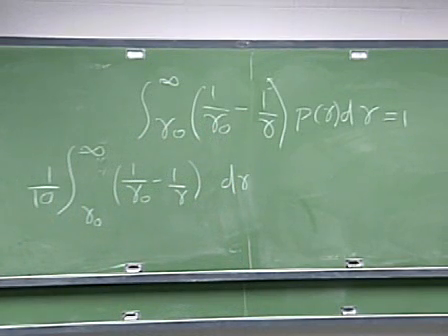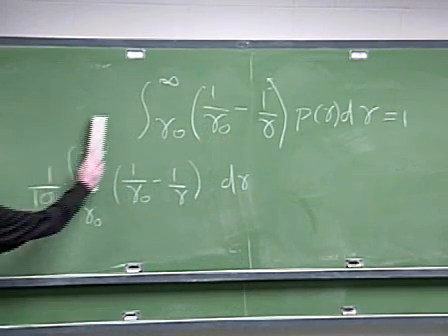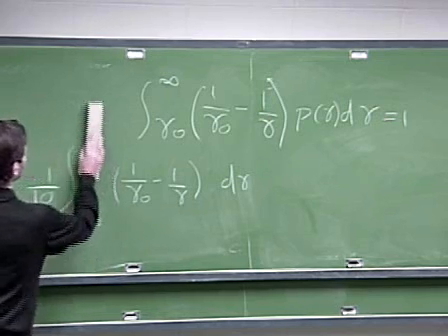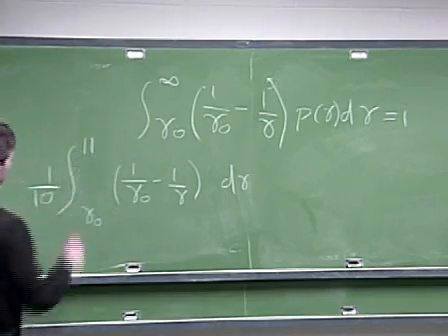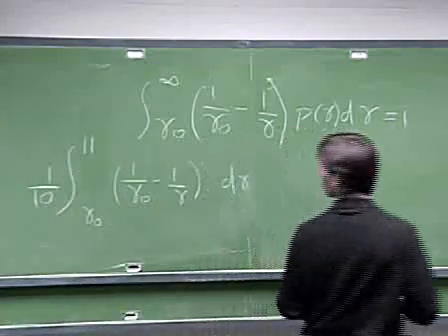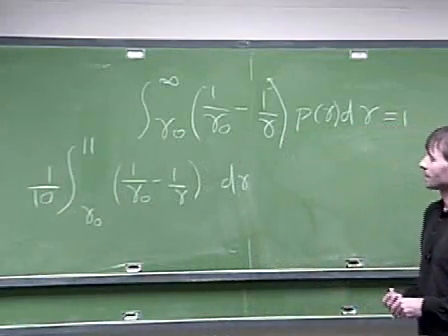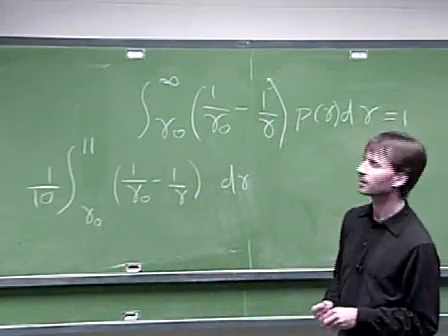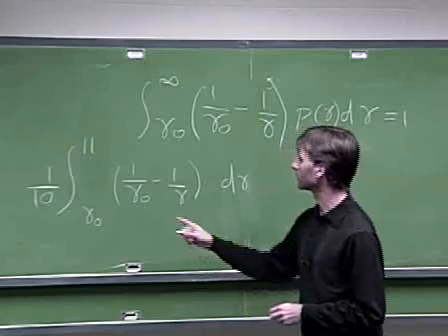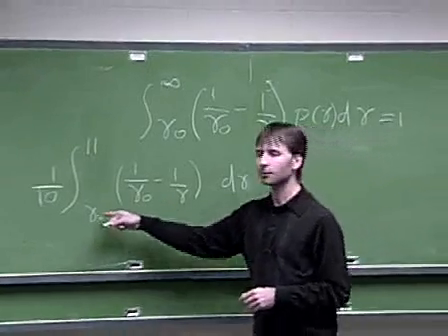Most of you did this, actually. Most of you did almost fine here. Integrated between gamma 0 and 11. The problem is that we don't know if gamma 0 is above or below 1, right? And that makes a difference. Because if it's below 1,